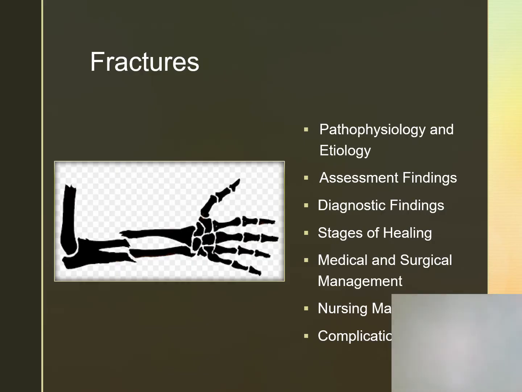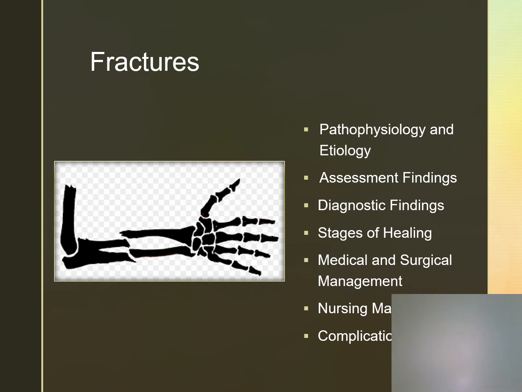So fractures are a break in the continuity of a bone, and they can affect tissues or organs. These are caused from a sudden direct or indirect force, or bone weakness. We need to realize older adults are going to be more prone to fractures because they have an increased bone resorption and a decreased bone formation. There are several classifications of